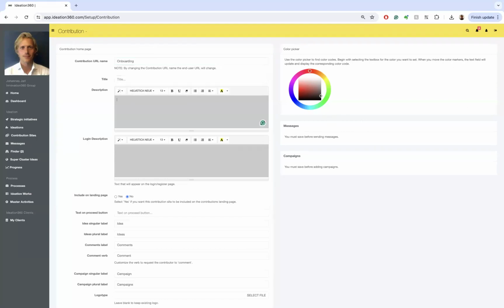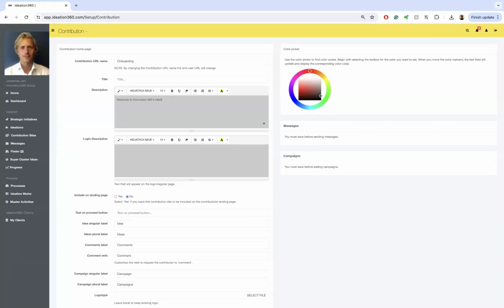and we write here again, remember, we had the description before that was more for the internal view of this. The description that we're writing here should be very engaging. It should be so engaging that people can't keep their fingers away from adding and submitting ideas here. So this is just the overarching page. Welcome to Innovation 360